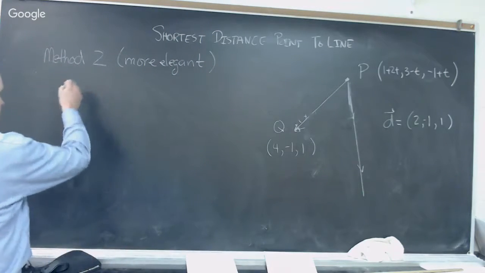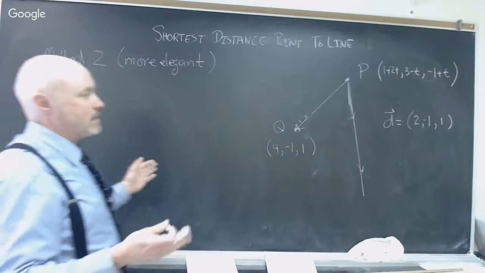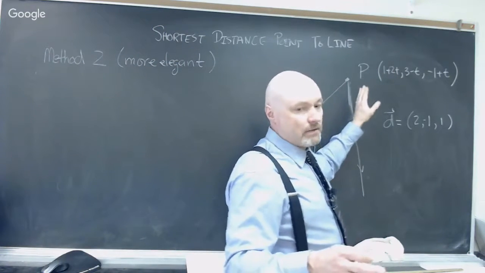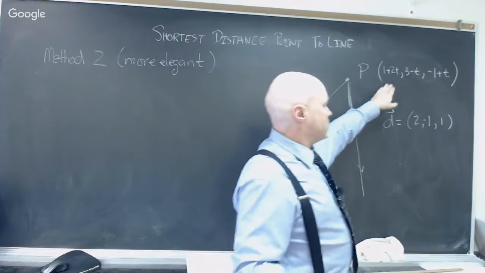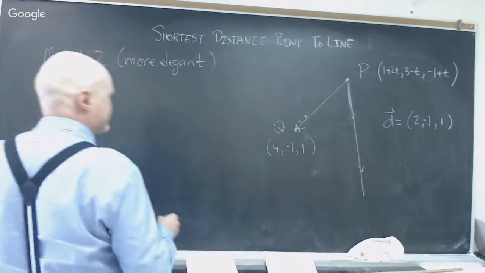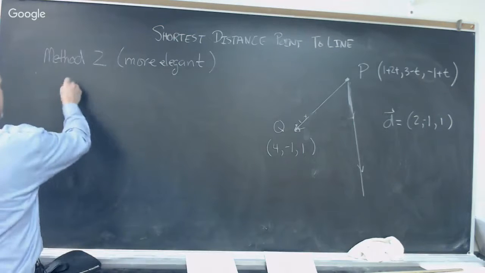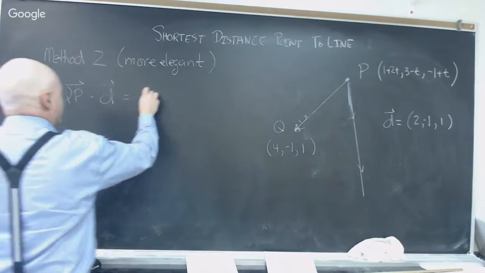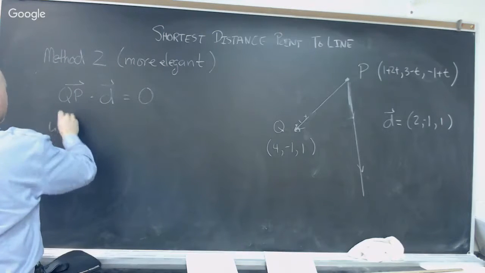Okay. So I can actually set this up. And what we're going to do is set the dot product equal to 0 and solve for t. Okay. So QP dot D equals 0